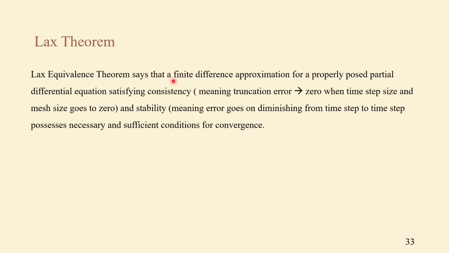So Lax's equivalence theorem says that a finite difference approximation for a properly posed partial differential equation satisfying consistency. What does consistency mean over here? Truncation error would be approaching 0 when time step and mesh size go to 0. If the time step is very small and the mesh size is very small, then the information passing from one point to another is completely transferred, because the time step and mesh size are very small. For example,